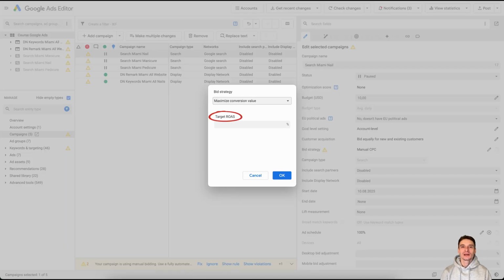The target ROAS parameter is huge here. You should always launch without setting anything here to give Google total freedom to test. ROAS is basically your return on ad spend. Simply put, how many dollars in revenue do we want for every dollar we spend on ads? Sometimes you can leave it blank